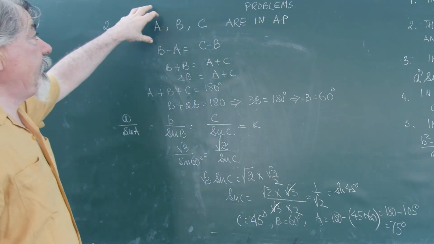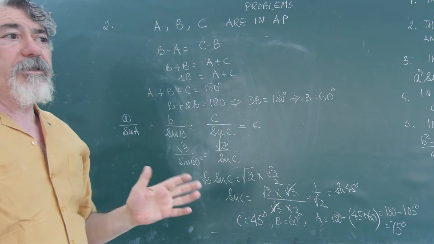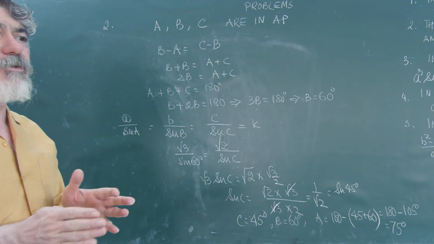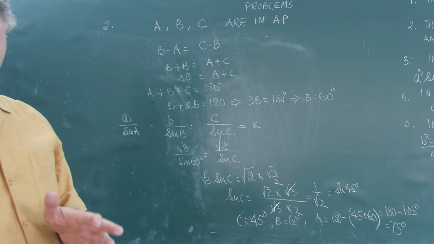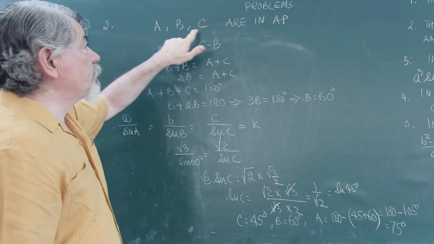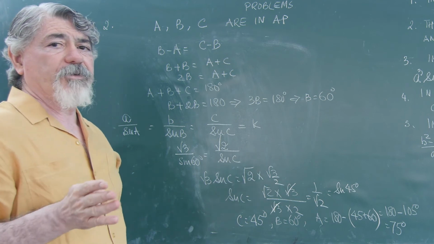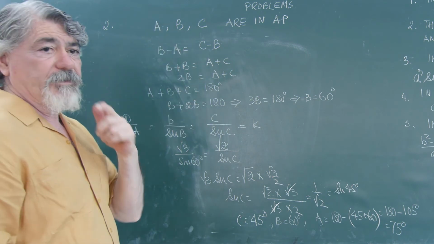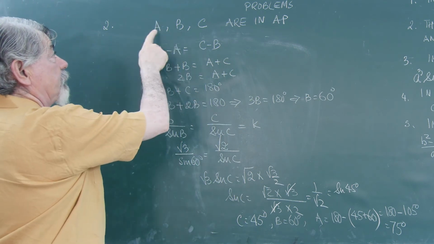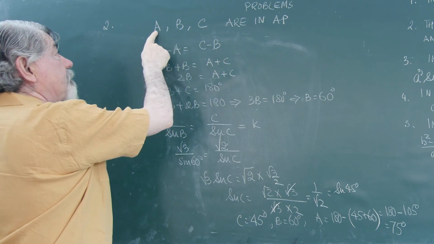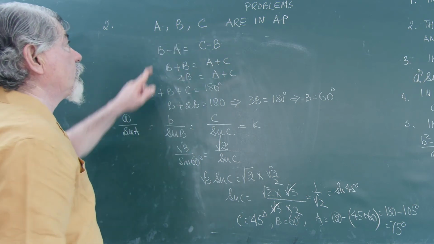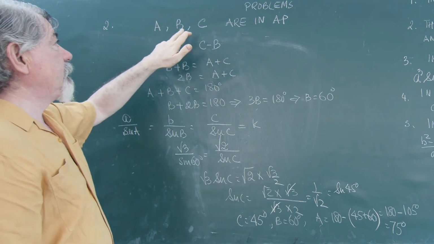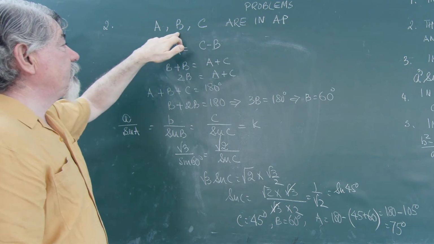So we said A, B and C are in AP according to the question. AP means arithmetic progression. Arithmetic progression means the difference between any two consecutive terms will be the same, equal. Please remember, in arithmetic progression you subtract the previous term from the next term, not the next term from the previous term. Like these are A, B and C, then I'll take out B minus A and C minus B. They should be equal, not A minus B equal to B minus C. Though they will be equal in negative, we don't take it out like that. B minus A should be equal to C minus B.